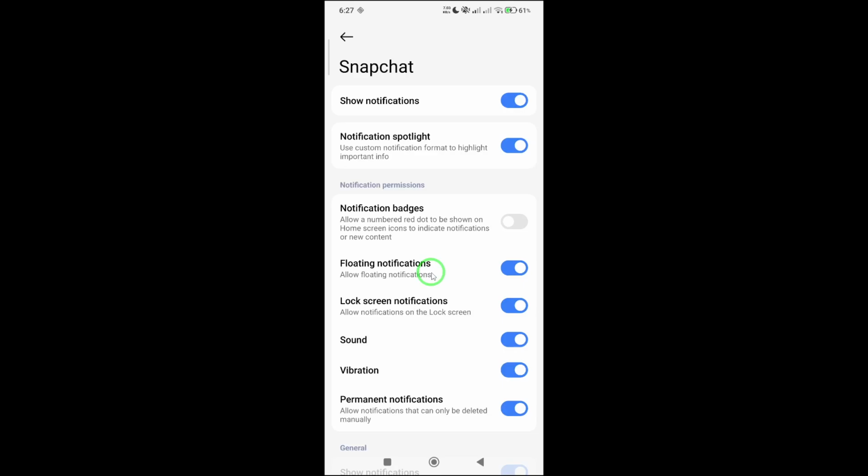This is the setting responsible for those floating alerts that show up on your screen. Simply toggle off the pop-up option, and